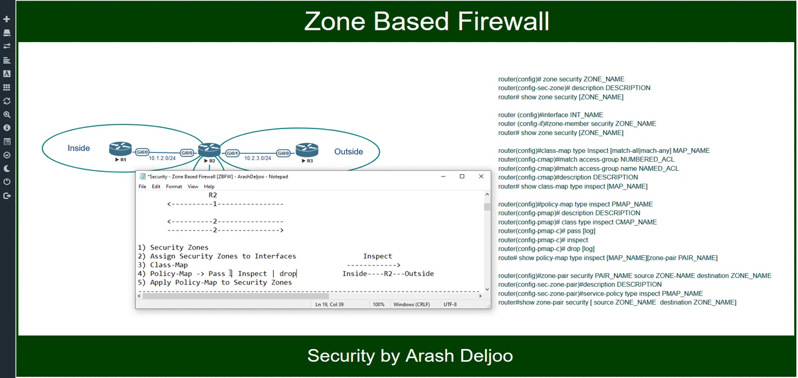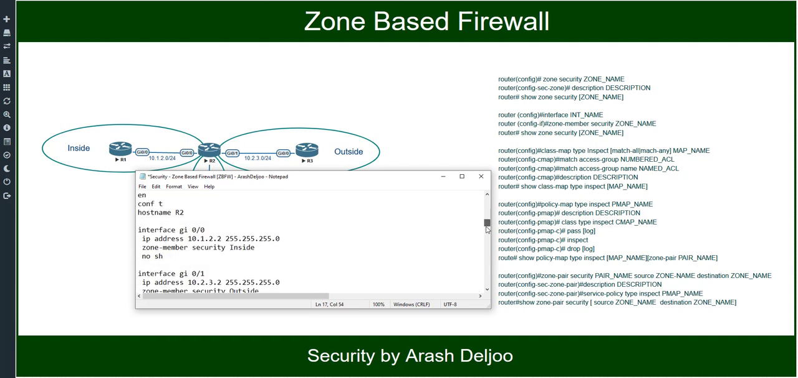So easy. Let me configure inspect for the first time, from the inside to the outside here. This is the configuration of router 1. You know that